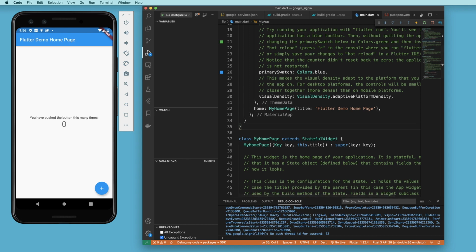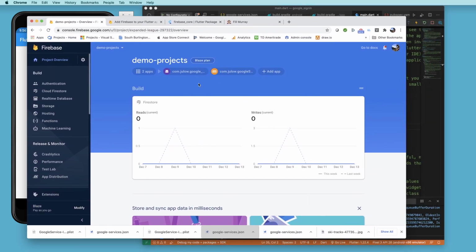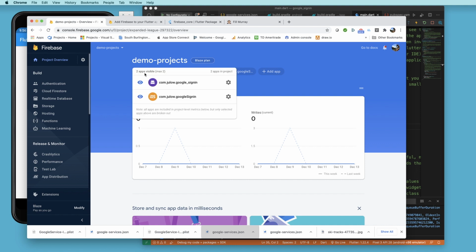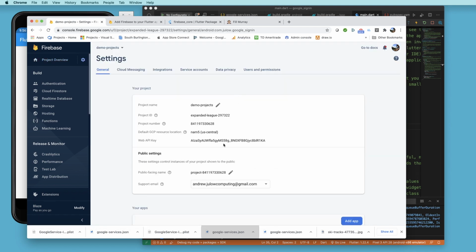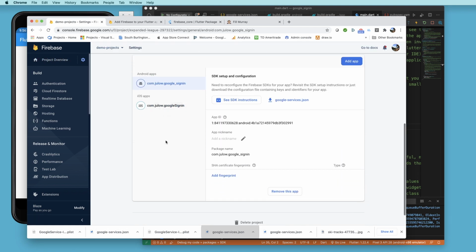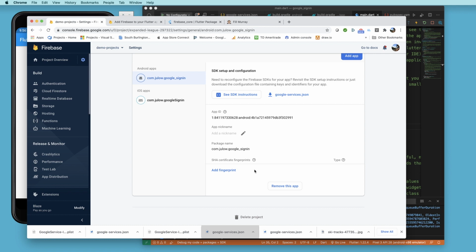All right, so let's go to Firebase. If you followed the instructional video or know how to hook this up yourself, you went ahead and built a project, and you may or may not have added a debug certificate, and you will need to do that in order to log in with Google. So if you didn't do that, go to your Android app, and we need to add a SHA certificate fingerprint right here in order to be able to log in with Google. So we need to go to a terminal,